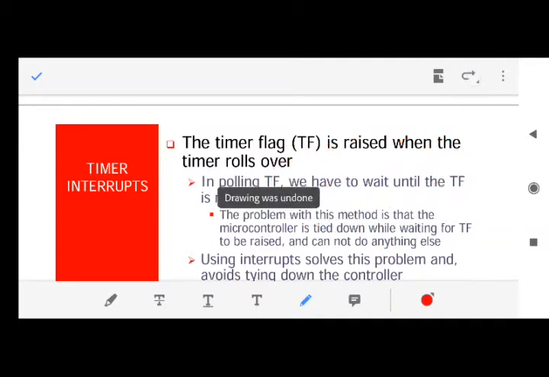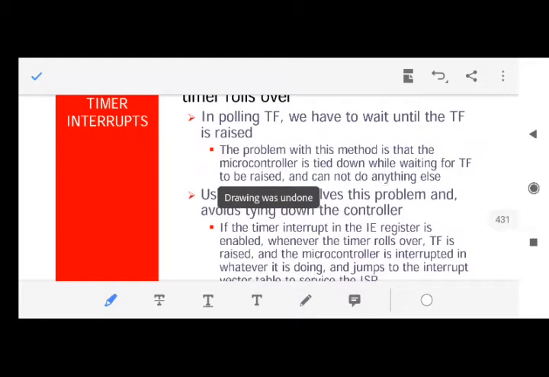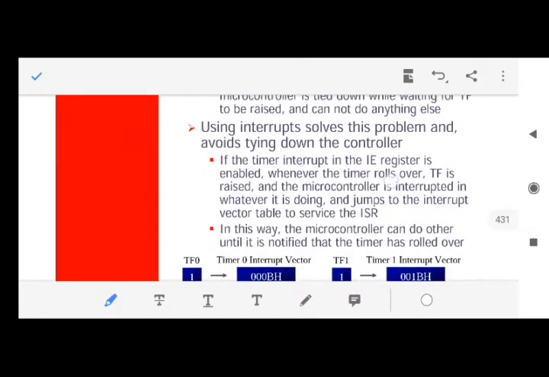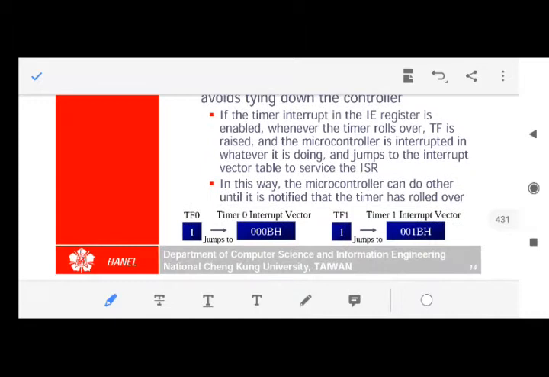Fine. So you have two types of timer interrupt, for timer 0 and timer 1, which are checked by the timer flag. Fine. And this is also explained with the help of this diagram, that whenever the value of the timer flag became 1, that means it's a timer interrupt, and the place of interrupt service routine can be checked from the interrupt vector table. In the interrupt vector table, for the timer 0 flag, the position for interrupt service routine is this.